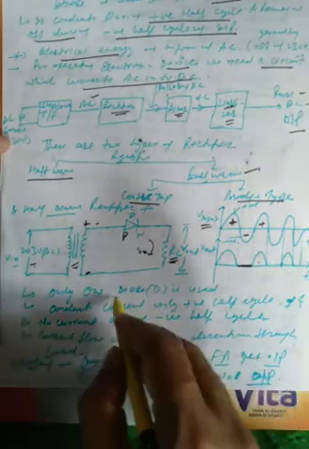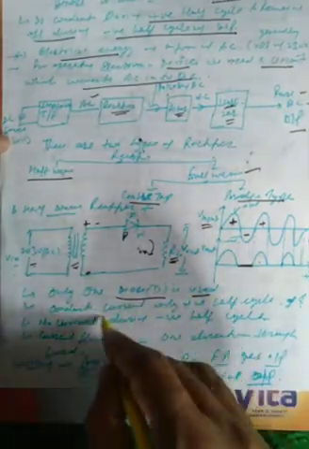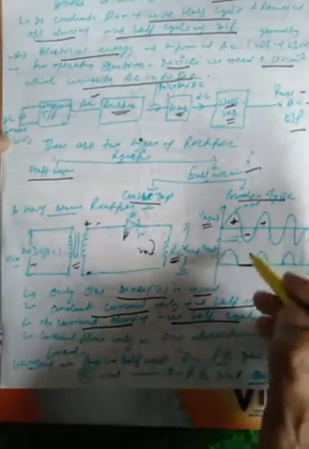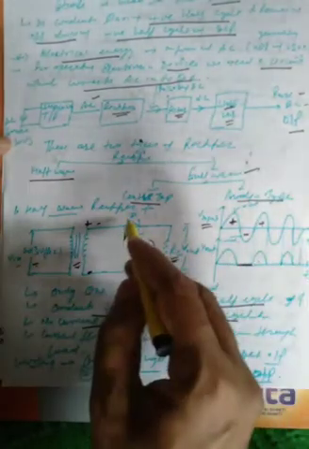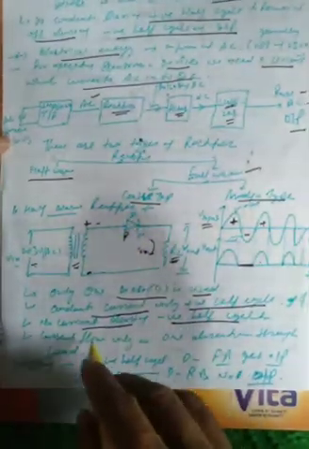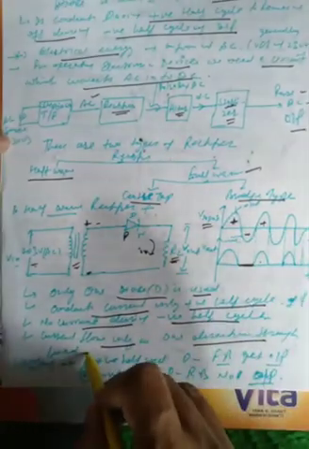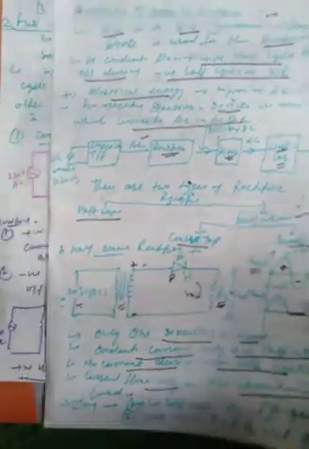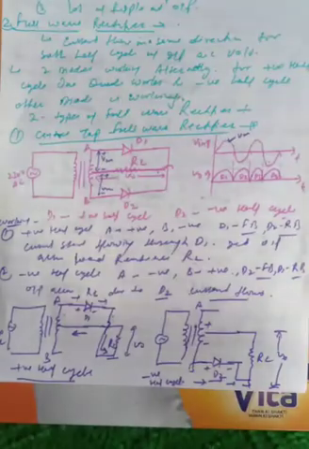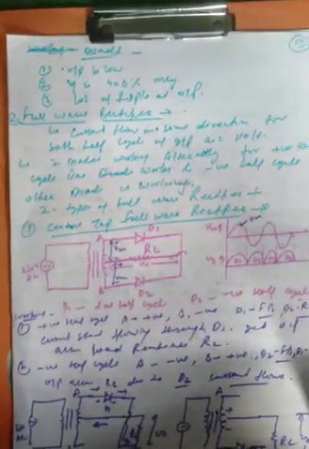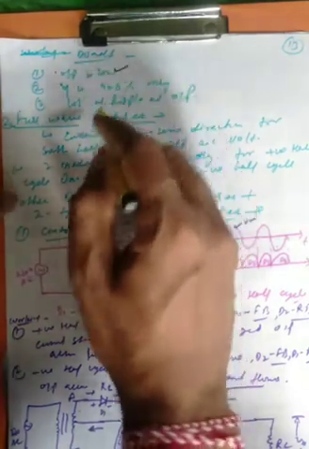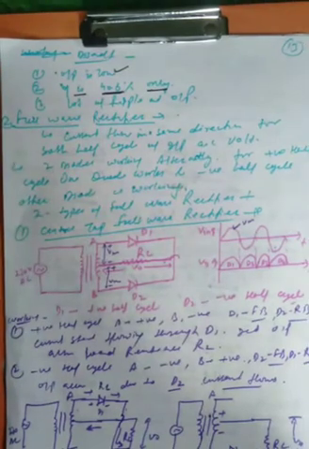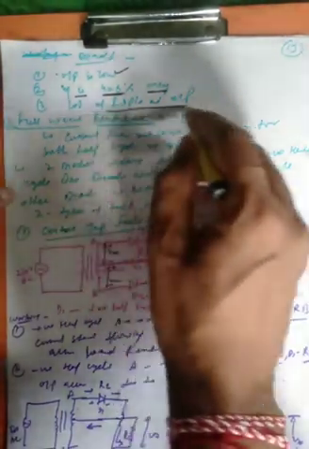So in the half wave rectifier only a single diode is used, and it conducts current only in the positive half cycle, and there is no current during the negative half cycle, as we see here, because in the negative half cycle the diode works in reverse bias. So current flows in only one direction through the load, that is RL. This is the working of the half wave rectifier, and here are some disadvantages. It has low output, the efficiency is only 40.6%, and there are a lot of ripples at the output side.